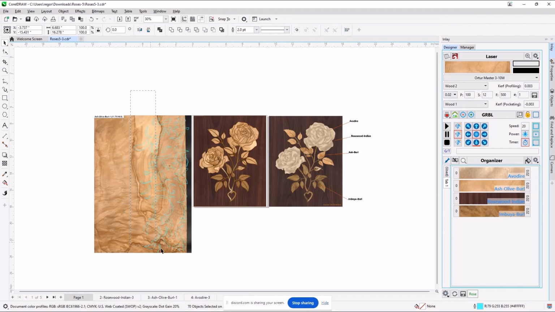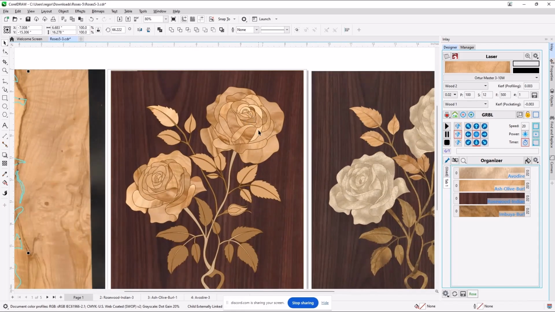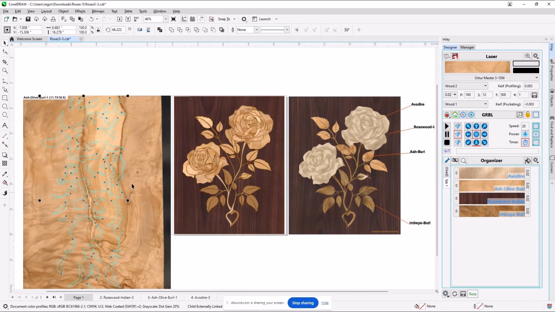Let me select those. I'm not sure what I did, but somehow I persuaded it, or the program persuaded itself, that because I had some of these pieces already a different veneer, I better go place these one at a time to get them right. So now I've got a lot of color and variation here with nothing more intelligent than switching out the piece of veneer. Now, I may not have the right shading for a rose. In other words, I might act